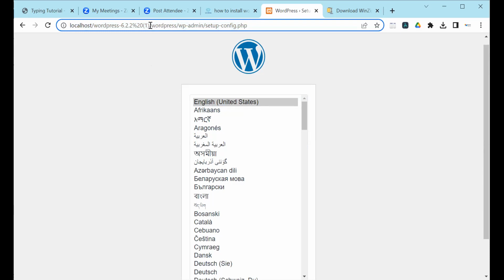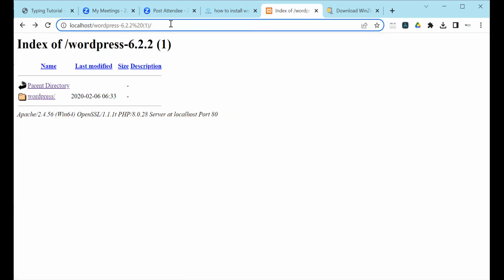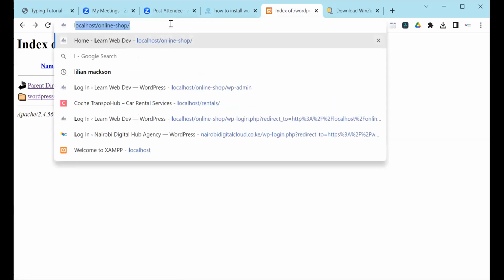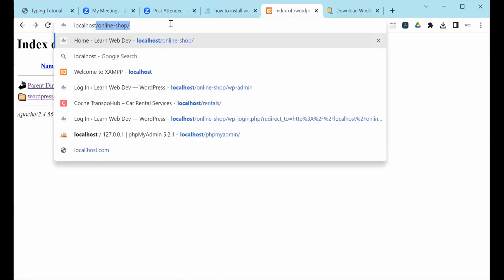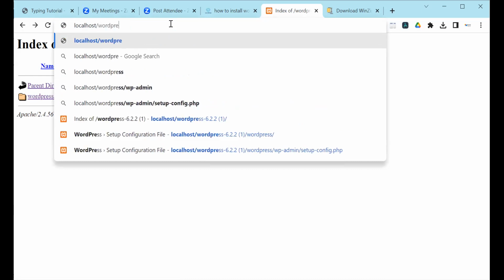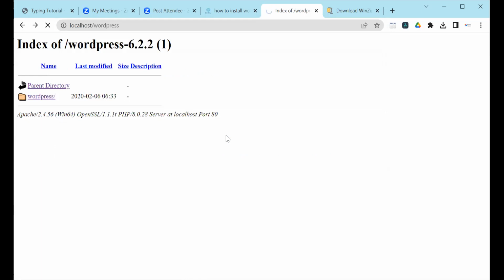I only want to remain with the only thing I want to be typing, let me show you. I want to be coming to the browser and typing localhost/WordPress. I don't want to type anything else like the folder name like this one. This is very long. It will take us a lot of time to write this and even remember. So I only want to be writing localhost, then WordPress. Then once I click enter,